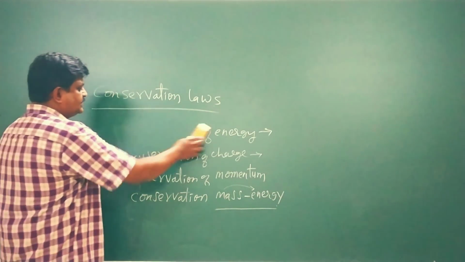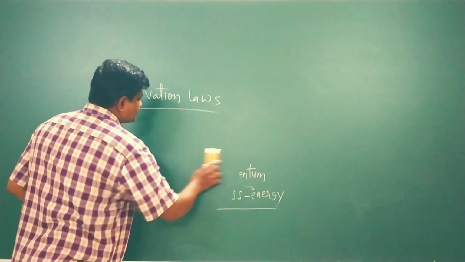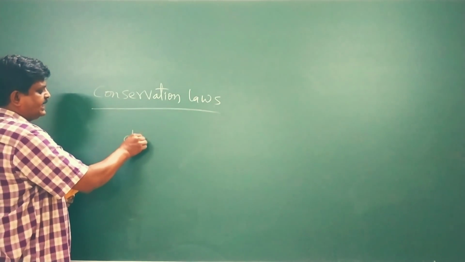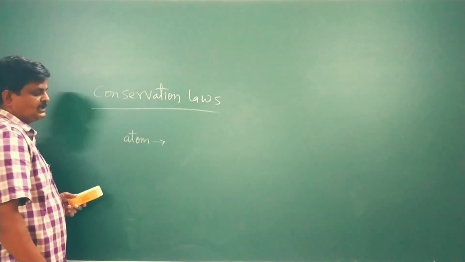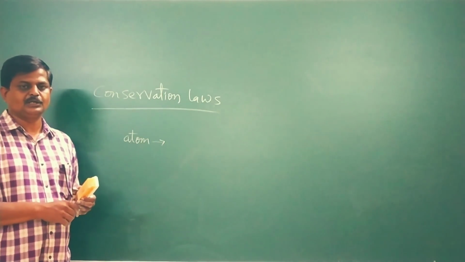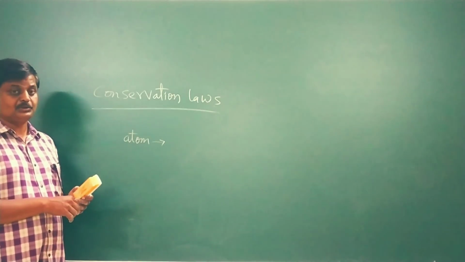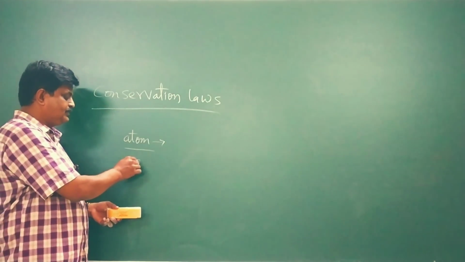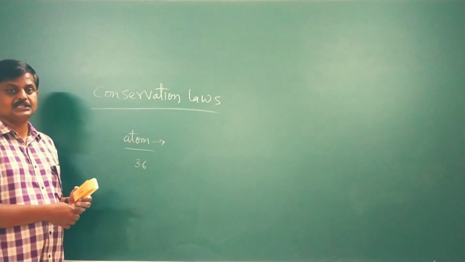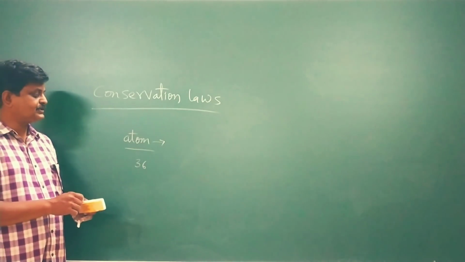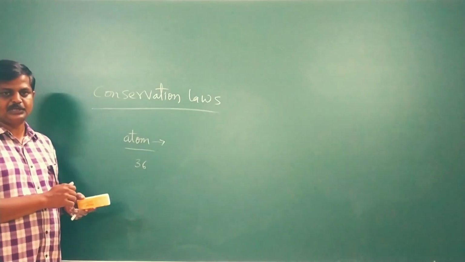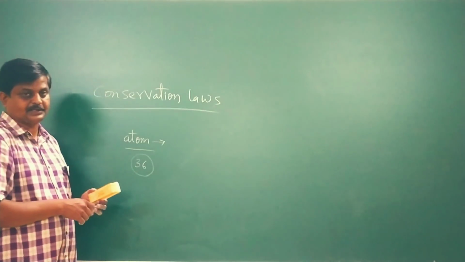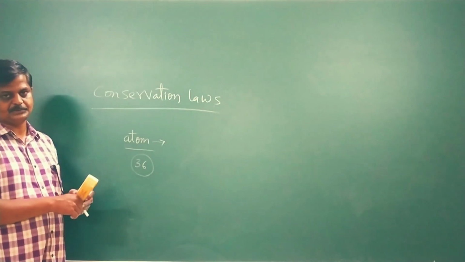Okay. So now physics has very interesting aspects to deal with. Earlier we used to take that the atom has an electron, and inside the nucleus, proton and neutron. But do you know the present scenario? Today we are able to identify almost 36 fundamental particles within the atom. Earlier we used to say the atom is the smallest particle, but today within the atom we are able to find almost 36 fundamental particles. That is the beauty of physics.